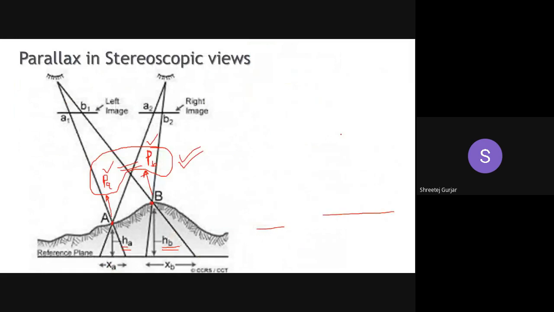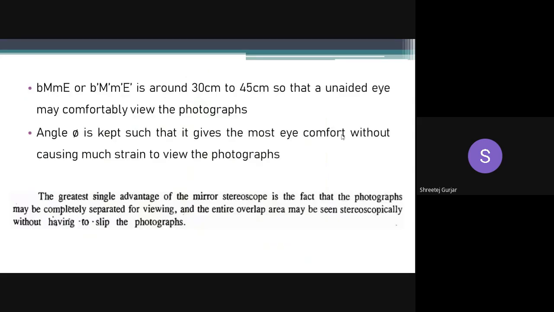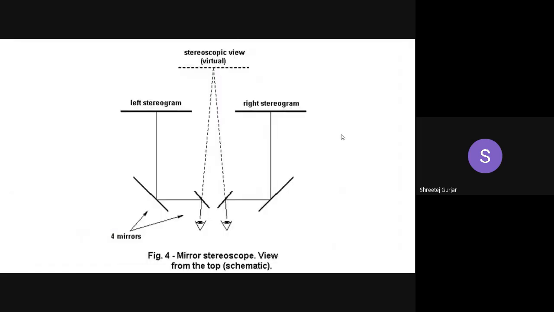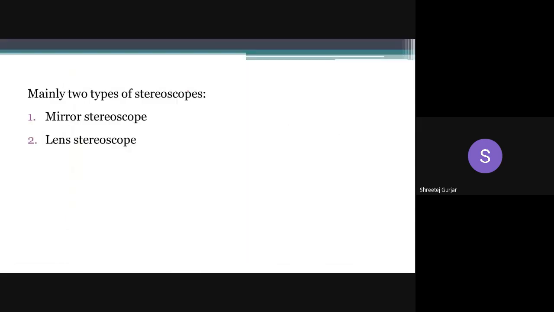If you have any doubts in any of the topics that we have covered until now, you can ask. We have time. Stereoscopy is a very interesting concept and a nice inclusion in your syllabus. Previously it was not there, but since 2015 it has been included. Very nice chapter.